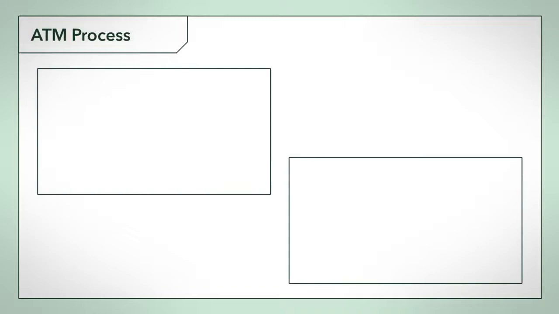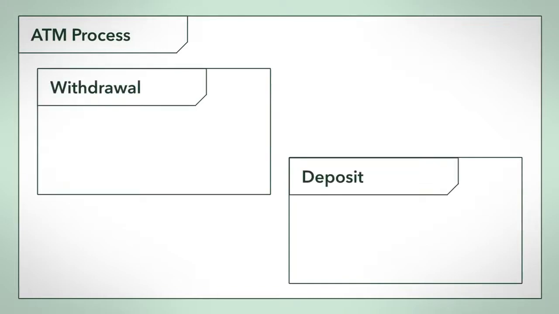A sequence diagram can contain other sequence diagrams within it. For example, if you are creating a sequence diagram for an ATM, there might be a different sequence for withdrawal and deposits, and during a single process, someone might want to do both. In your sequence diagram, you would have one big sequence of activities, with two smaller sequences inside them.